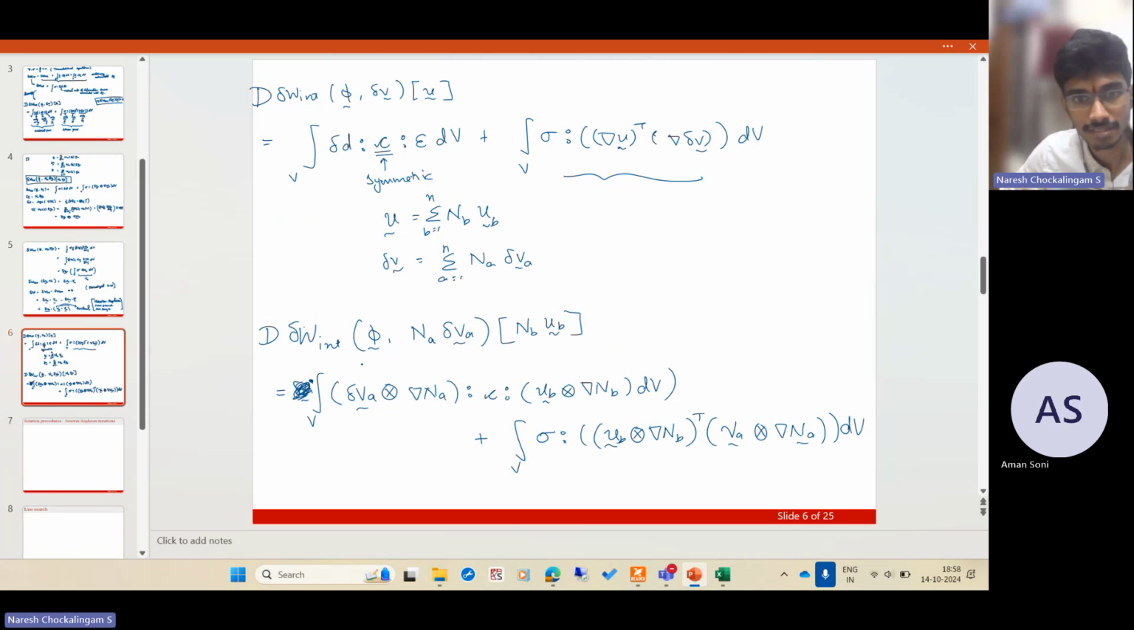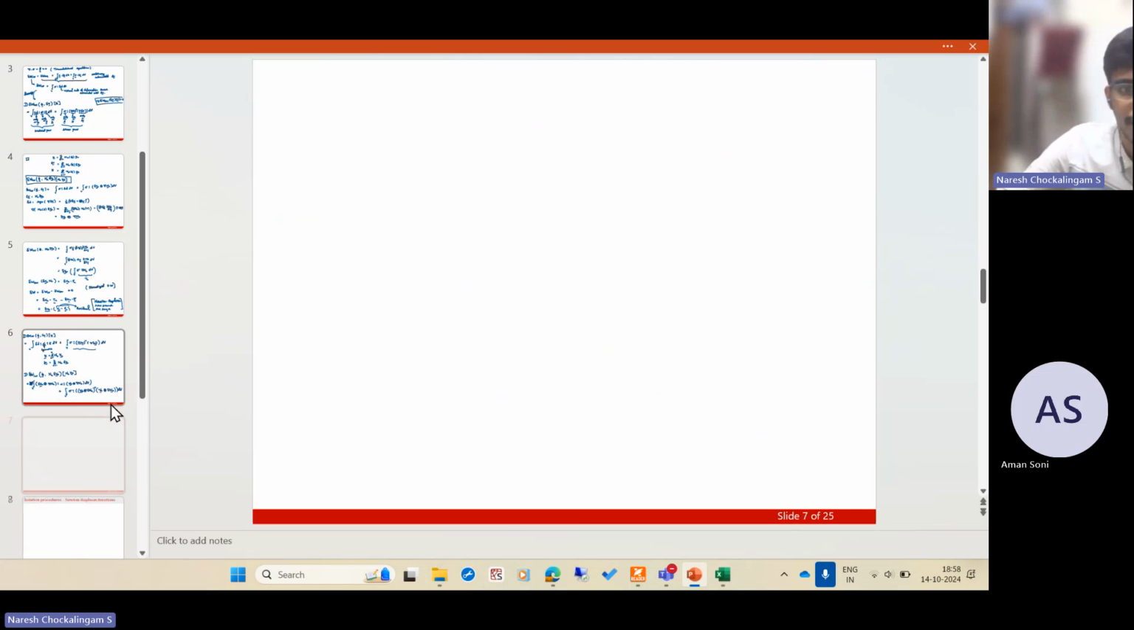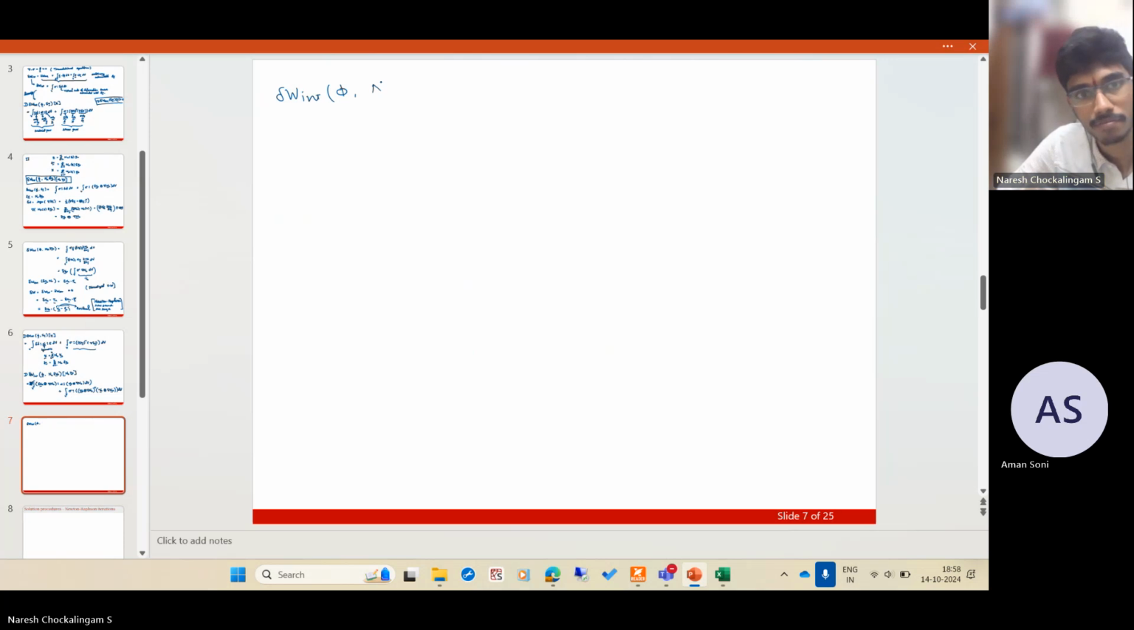So this is the discretized, linearized internal virtual work expression. And in components form, this is very simple. So in components form, this is del W internal, phi NA, del VA in the direction NB UB is